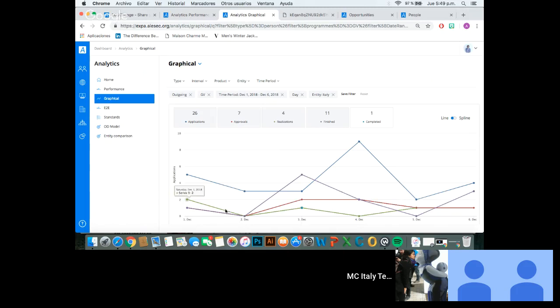Also, it's showing me now the peak of finishes that we get most on one day. That so far has been the 3rd of December, for example. So this is the way that you can also read these graphics and how interesting they can be for you as a VP, to understand from your management side of your team, your area, your product, your role itself, how good things are and also the current state or improvements you have to work on in your products. So this, for example, is how you can use the graphical analytics